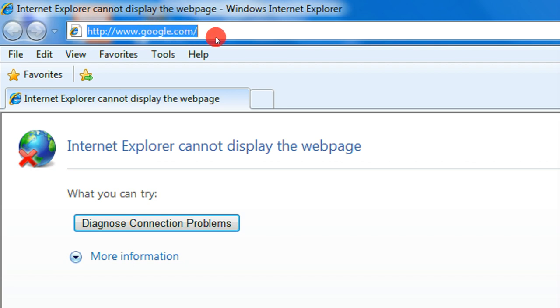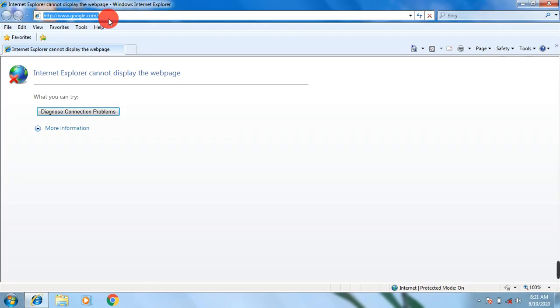Means whenever I open this Internet Explorer application and my computer is connected to the internet, it will open the Google web page. So now I am going to connect my computer with internet, and then I am going to use this refresh button and close button.